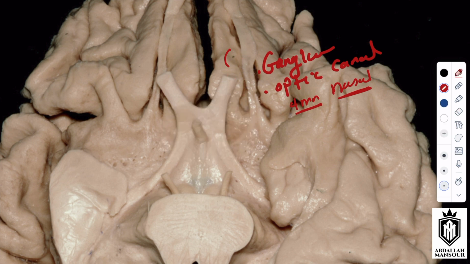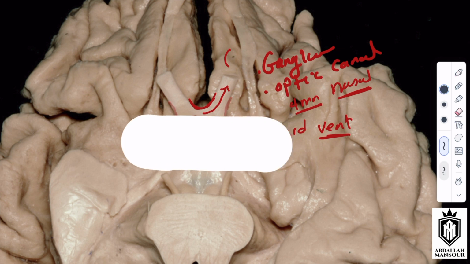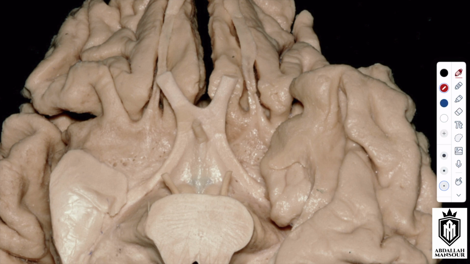And then you can identify here, this is the optic chiasm. It has an anterolateral border and a posterolateral border. The anterolateral border is continuous with the optic nerve. The posterolateral border is continuous with the optic tract, and it's present on the floor of the third ventricle. And we know the decussation, or the crossing of the fibers, happens here. Then the optic tract is the continuation of the optic chiasm, and it will move laterally to the cerebral peduncle,